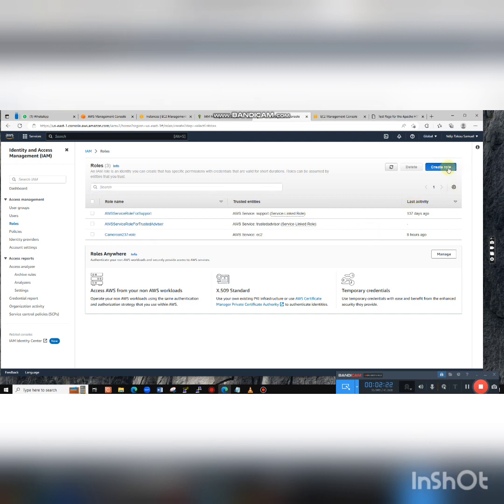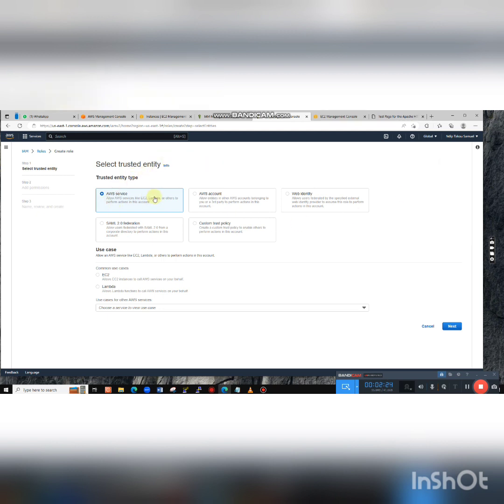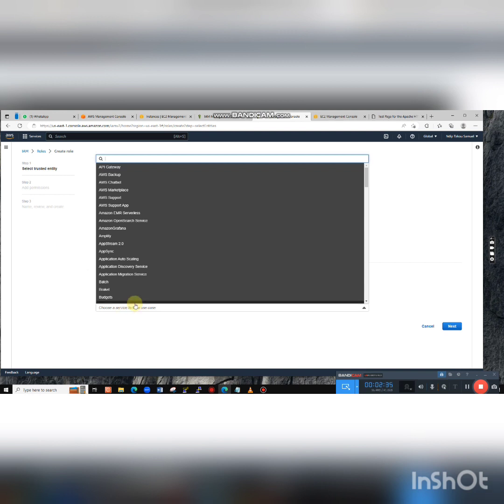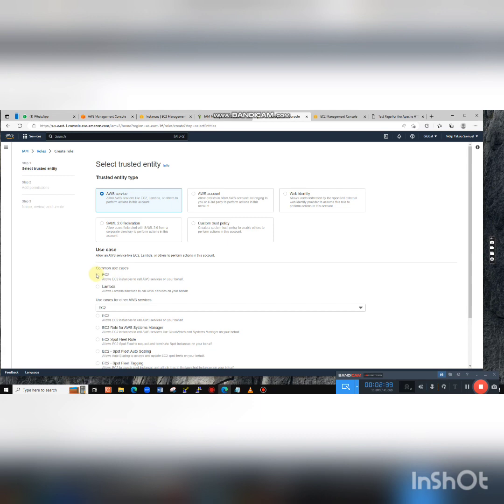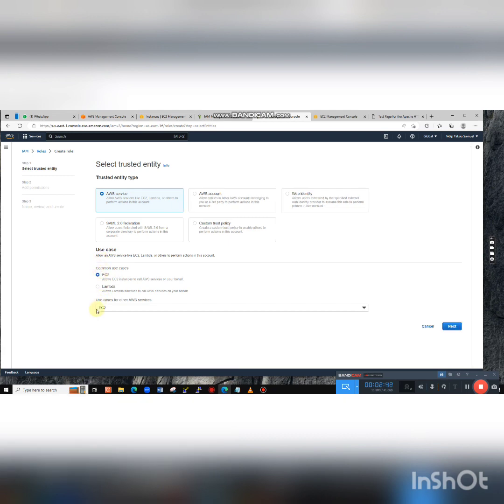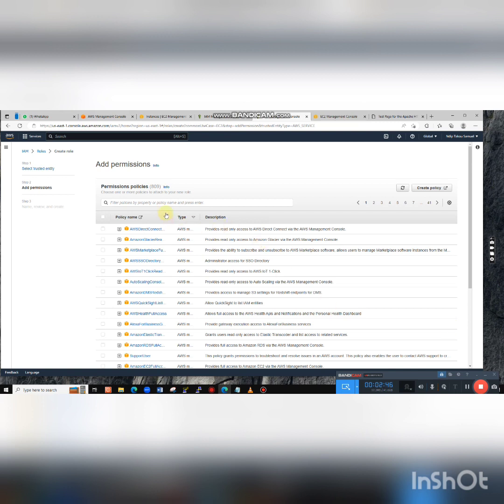You click on create role. Now when you click on create role, it will load and open a page like this. Select trusted entity. Now you highlight AWS service. You come down under use case, you click on EC2. You come down here under search, you type EC2 and you select EC2. So when you do that, after putting the use case as EC2, you click on next. Now it will take you to the page where you need to search for the role. Our role is